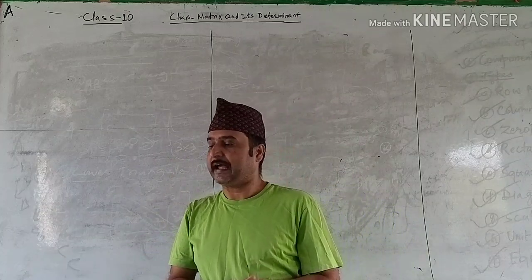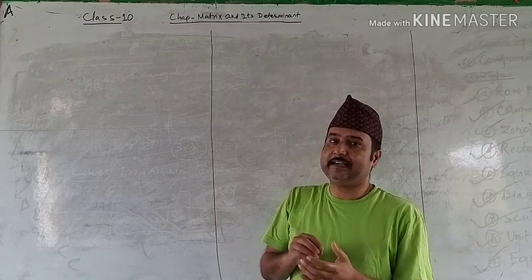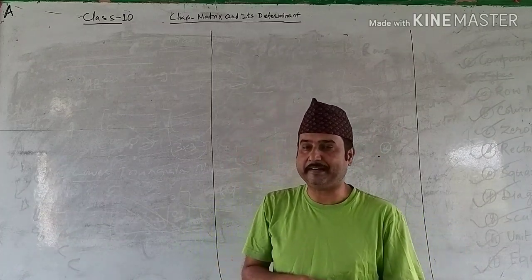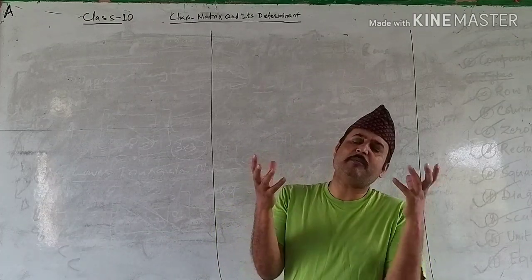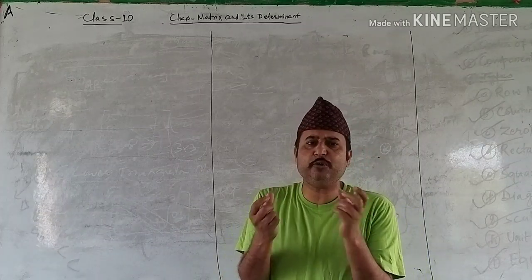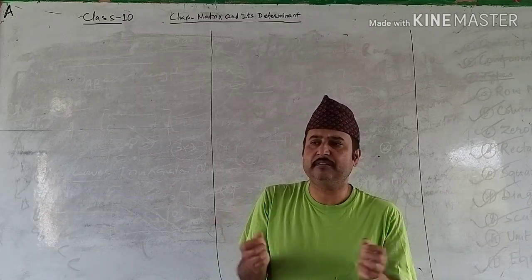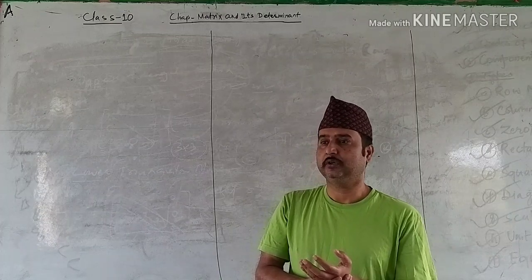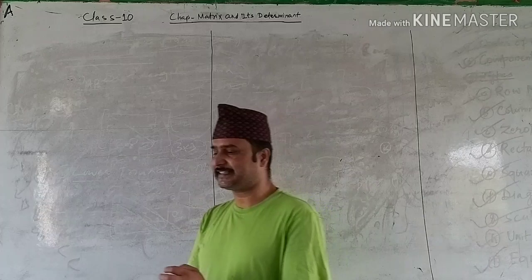Now first of all, let's take some examples and try to understand the determinant of a given matrix. What is the determinant? Determinant is nothing, it's the value of the given matrix. Now the problem arises: how do you calculate the determinant of any matrix? It has some procedure, and we need to learn some rules. Let's take an example.